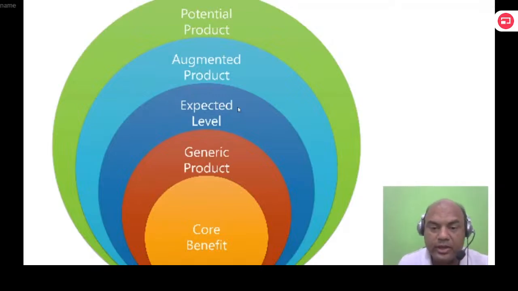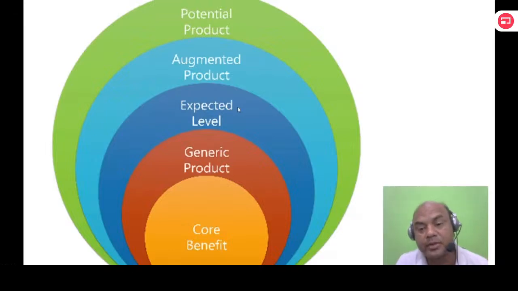Like for example, today in banking, what is the core product now? Saving, current, FD, these are the core products now. Generic product means what? You give that checkbook to it. Checkbook and debit card. These are all the generic products now. Debit card, checkbook. Okay, even UPI. UPI is also a generic product because all of them are giving. Right?